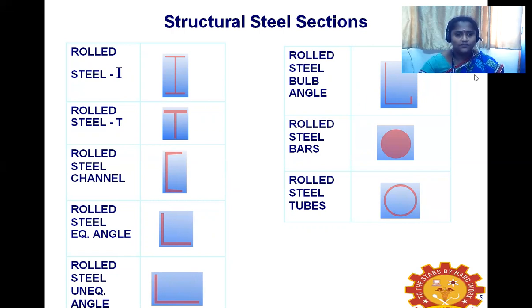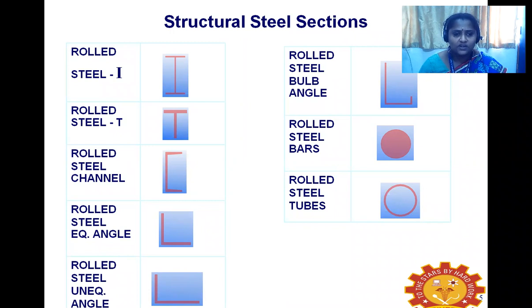What is that rolled? Rolled is nothing but hot rolled sections. What is that hot rolled? Steel, when melted to the highest temperature, will start melting and can be formed to the required shape. It can be cast or molded to the required shape. Later on, when it is taken back to room temperature, it will act as our regular steel sections. That is why it is called hot rolled sections.